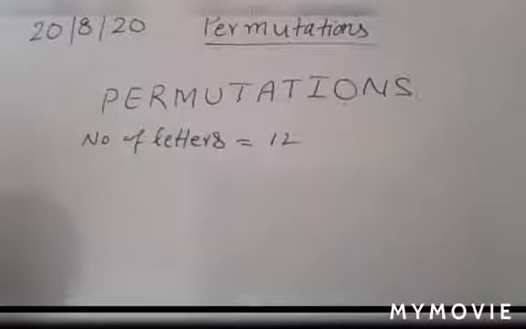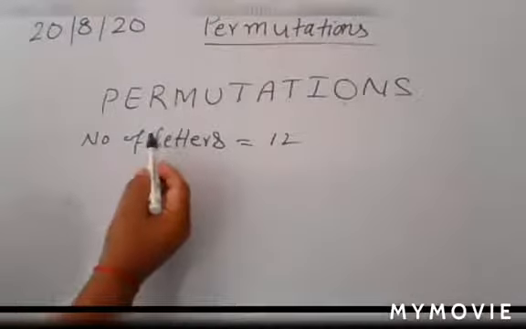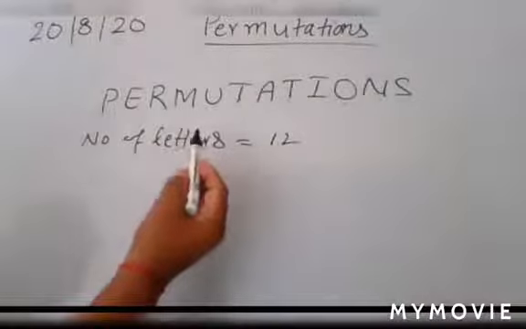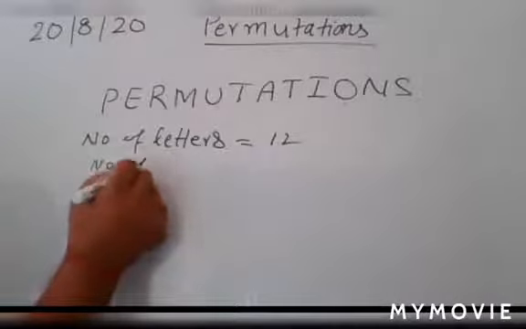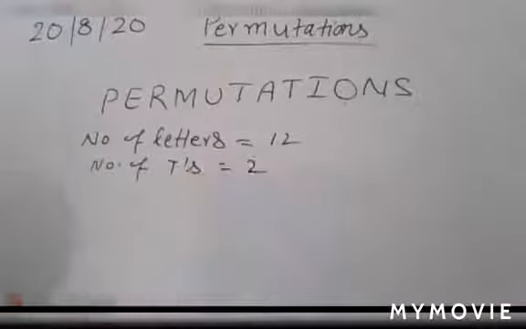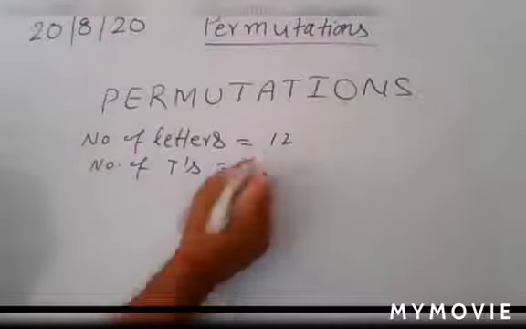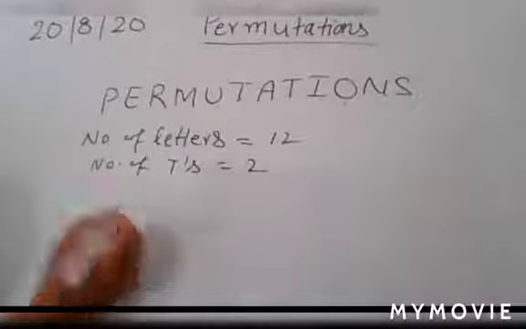So you have to write all those letters which are repeated. Just see it very carefully and check which one is repeated. Here you see T occurs 2 times. So you can write number of T's is equal to 2. Is there any other letter which is repeated other than T? No, sir. So here you have a total of 12 letters in which 2 T's are there.